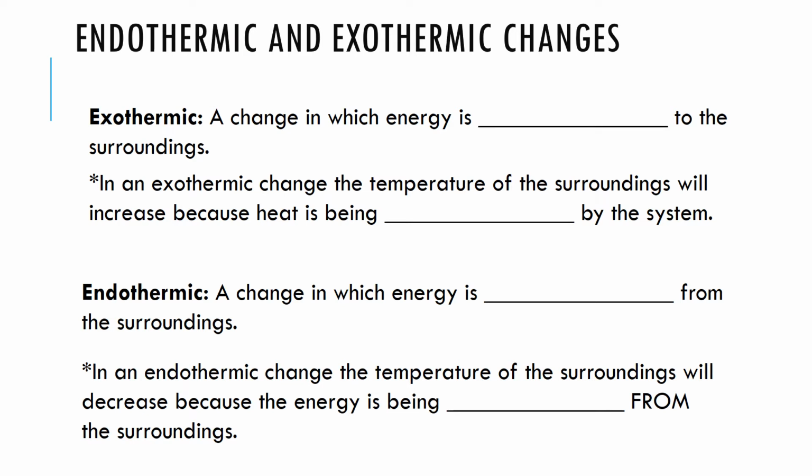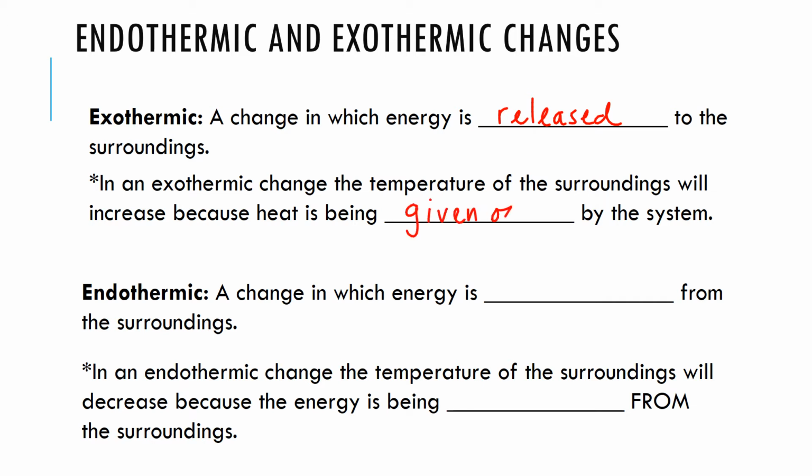Okay, so endo and exothermic changes. An exothermic change is one in which energy is released to the surroundings. So the example of burning wood is an example of an exothermic change because the energy of the system is being released into the room. So in an exothermic change, you're going to see the temperature of the surroundings increase because heat is being given